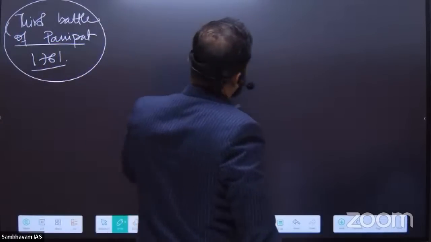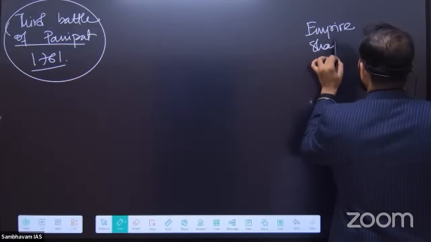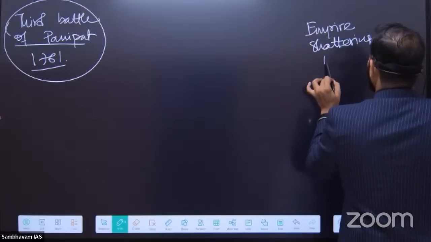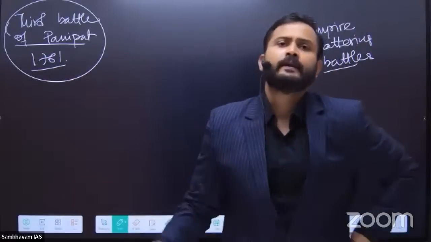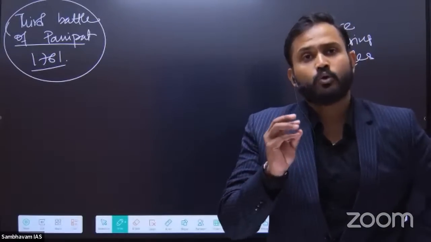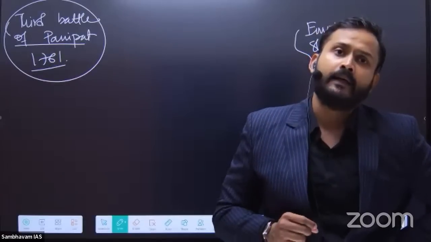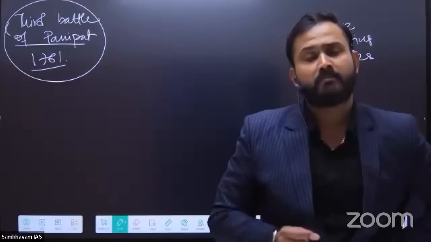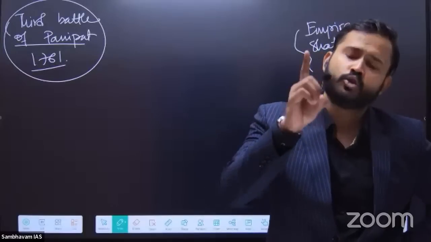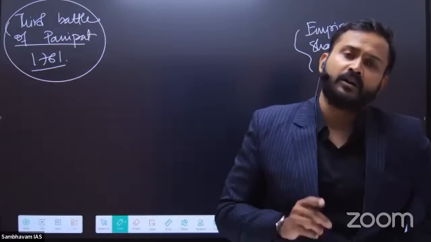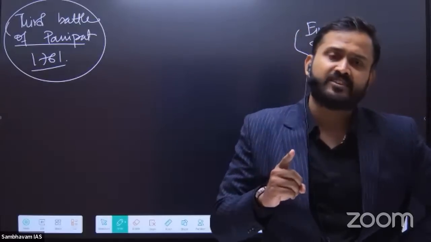Now, the component there is that empire shattering battles. Majority of you are attempting to answer. My older students are definitely there. They should. But before doing so, you have to understand what precisely about how to dismember the question. If you know the rationality behind dismemberment, it will be easier to predict or write answers when you will not be knowing the answer. Understand the rationality. Why am I spending so much of time in analyzing the statement, limiting my ambit?